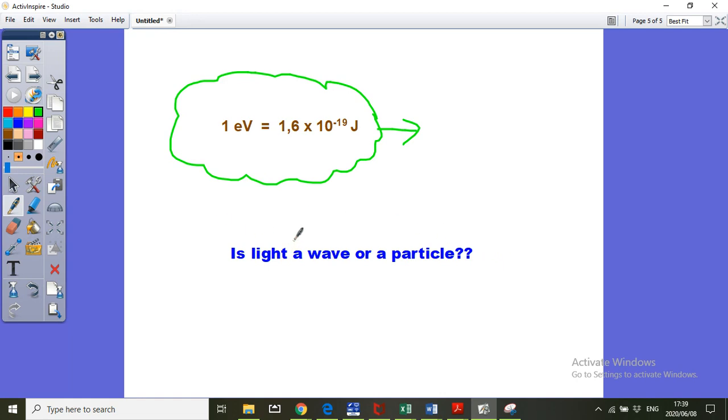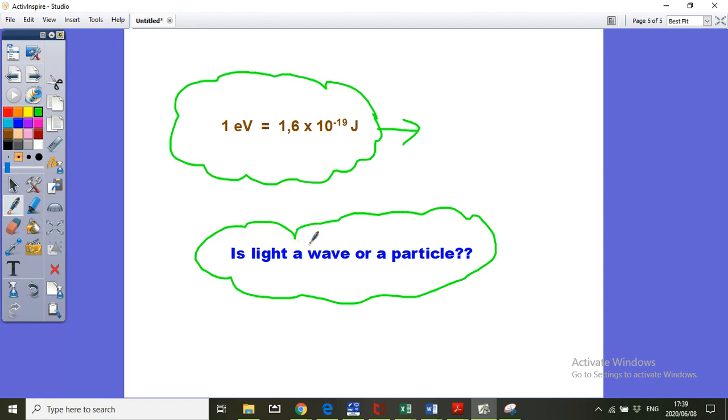Now for our next lesson, which is super important, we are going to look at whether light is actually a wave or a particle. And I'm sure you've heard about this already. So I want you to go and think a bit for the next lesson. What do you believe? Is light a wave